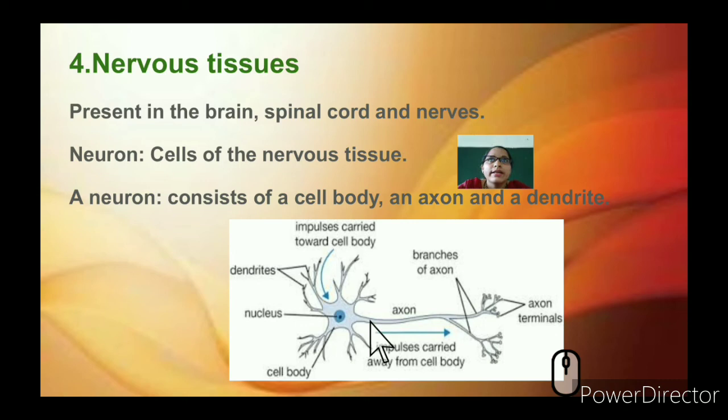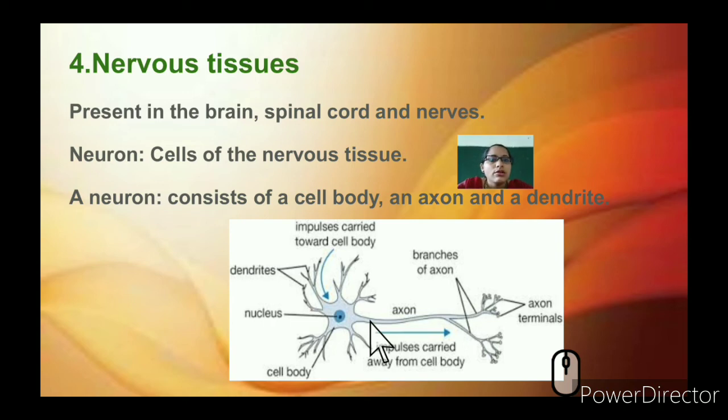For example, if you keep a burning candle and go to touch it, you will immediately remove your hand from it. You need not even touch the flame. It is because of this nervous tissue, or the reflex action that gets stimulated in your brain, which triggers the brain receptors, and you know that you need to take your hand back.